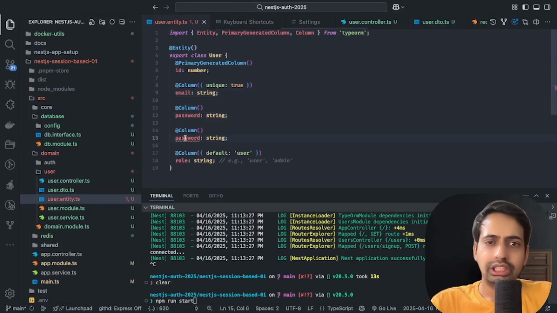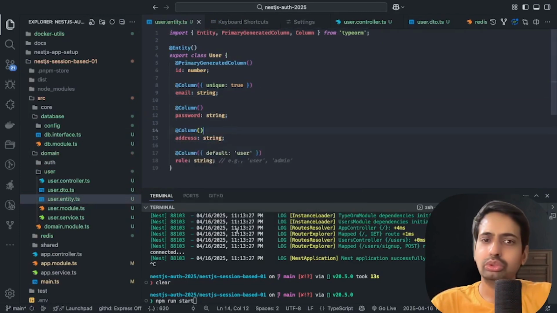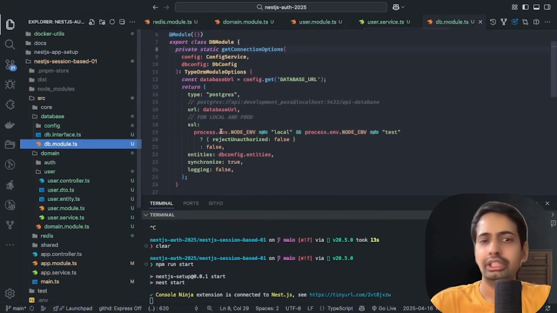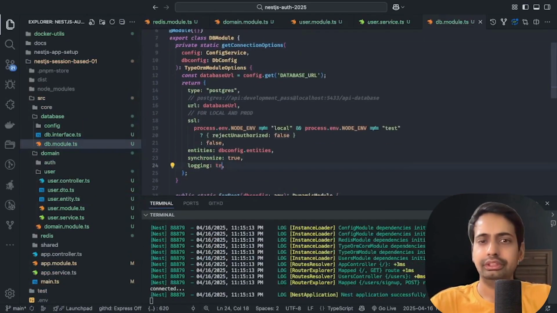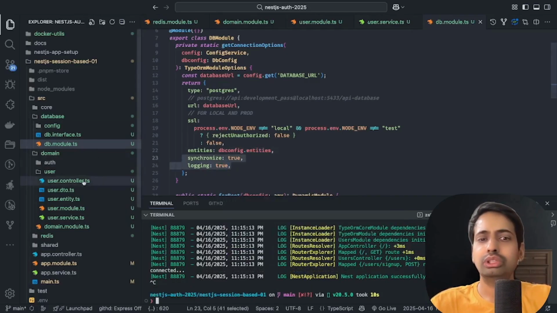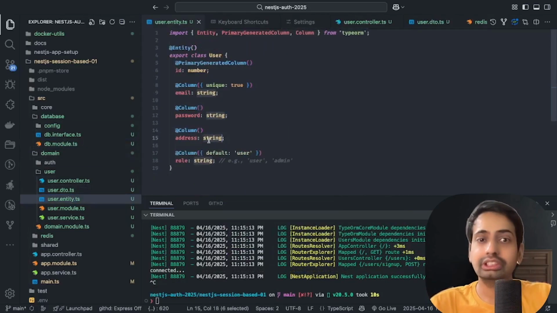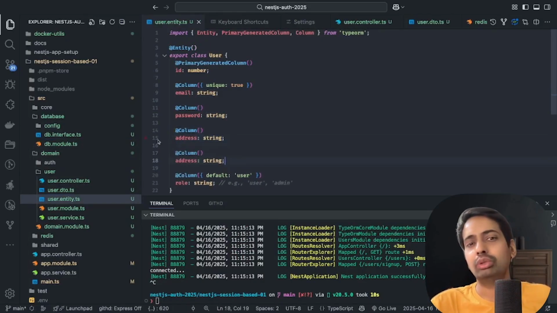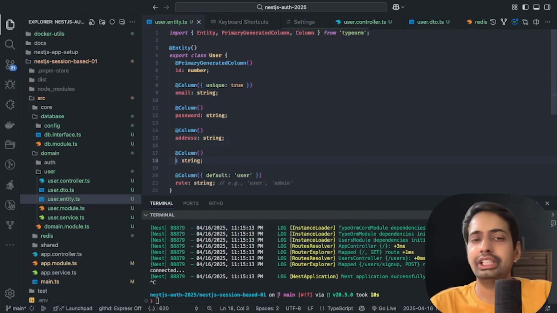So let's say if I want to use a new column address, what will happen when you restart the application or start the application? It will alter the database table based on what you are adding inside entity. Logging also we need to make true so that we can also see the logs which are happening in the TypeORM. Otherwise, you won't see the TypeORM logs,